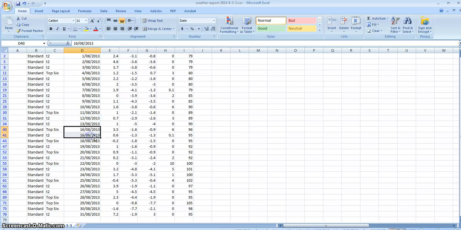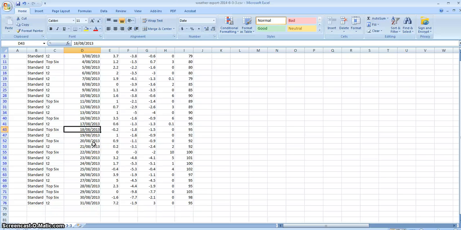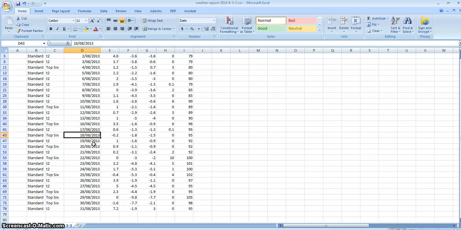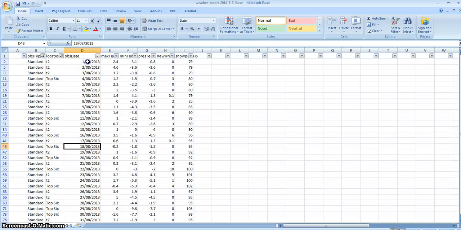Now I've got 2/16 here, but the data is a little different, and I'm guessing, I don't know for sure, but that could have been a typo, and so I'll just change that to the 17th. There's no big consequential data there. If it was a storm cycle, hopefully we would have mapped that really well. So the rest of these dates look pretty good, and now we're ready to cut and paste this data here,